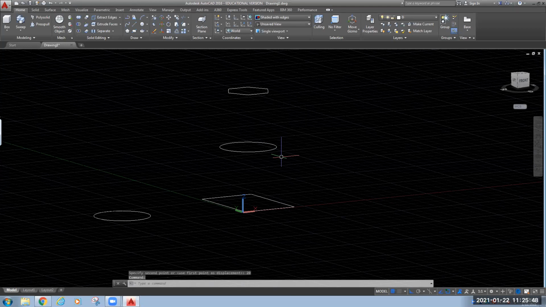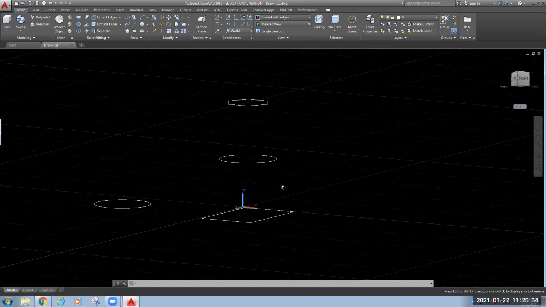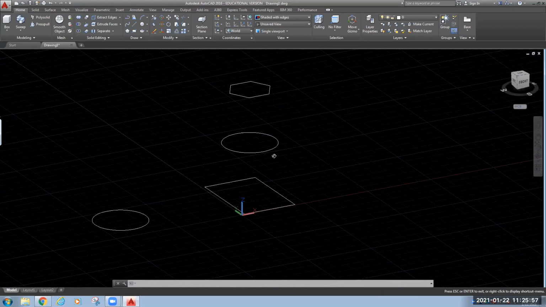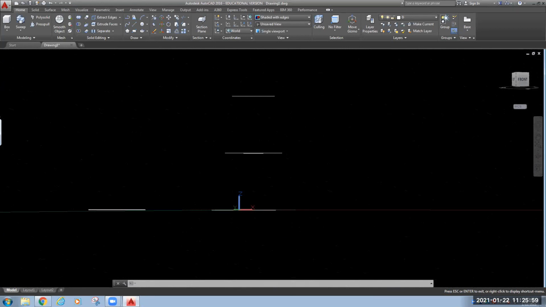So the combination of shift key on the keyboard and scroll key on the mouse, I am able to rotate my figure here. Now you can clearly see that these all three figures are in different planes.